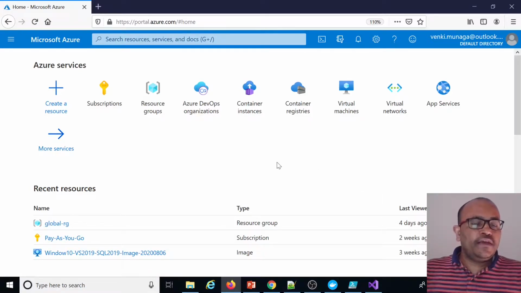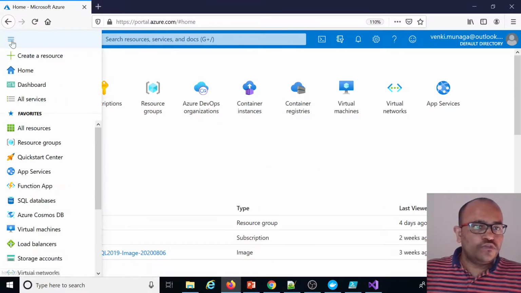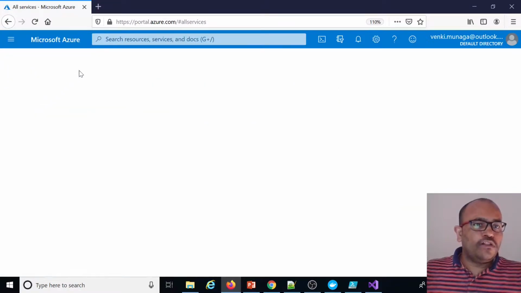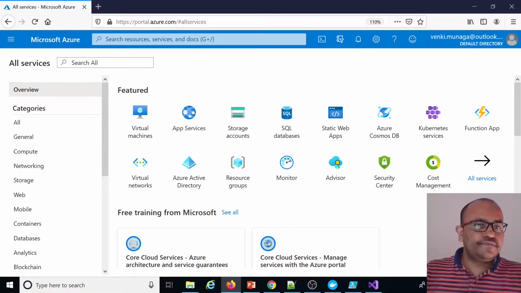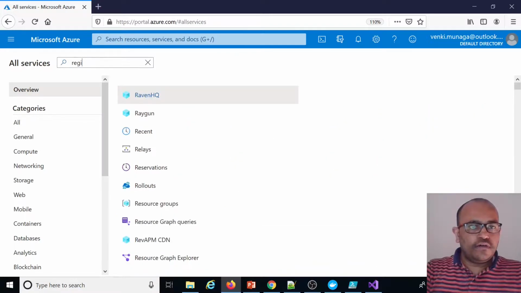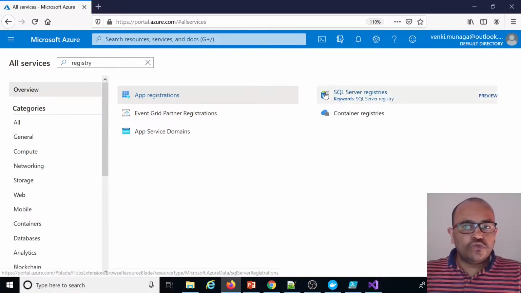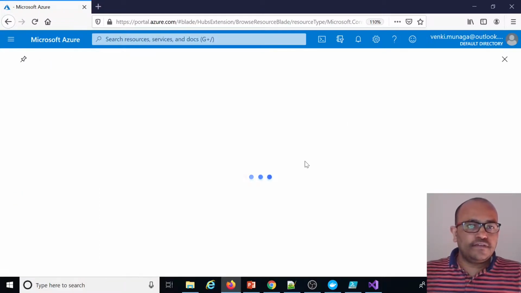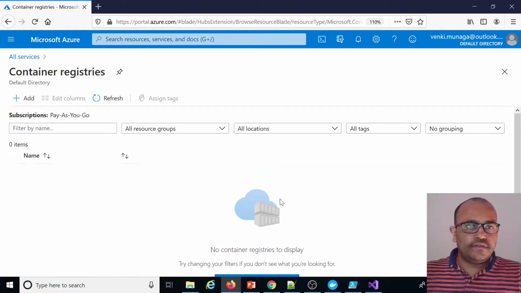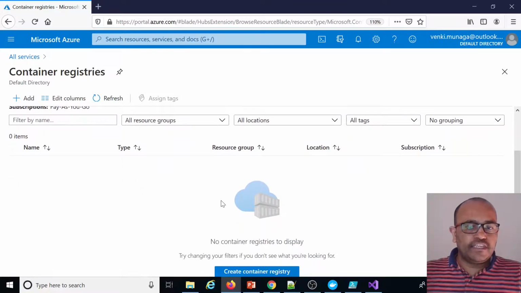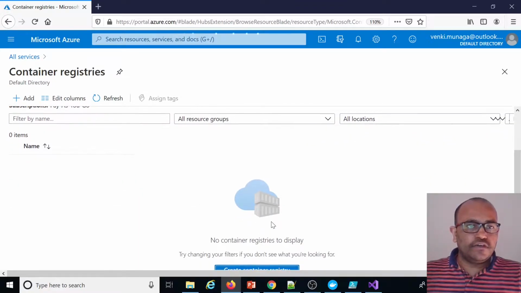To create an Azure Container Registry, click on all services and search for registry. Now you can see the container registries. Click on that. It contains nothing, so I'm going to create one.